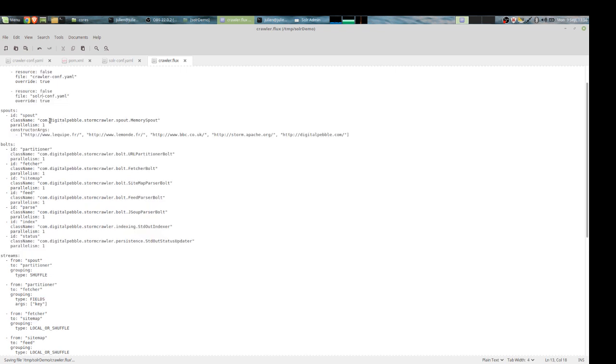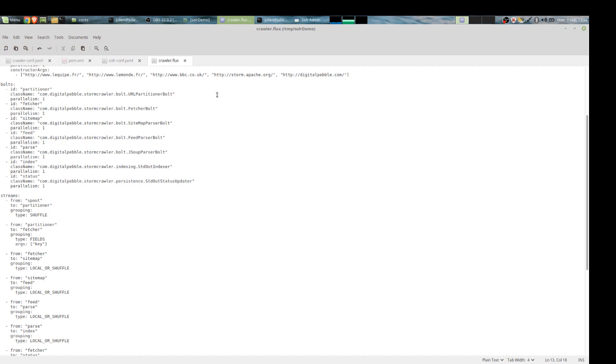And here by default it's very basic. It just sends URLs down the topology, and the basic topology coming from the archetype just fetches the URLs, parses them, does a dummy indexing on the console, and dumps the status on the console. We don't want to do that. We want to index